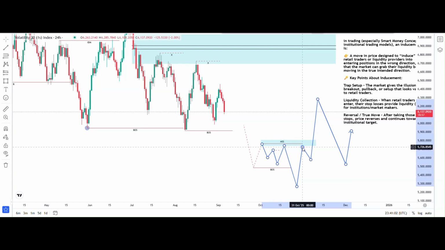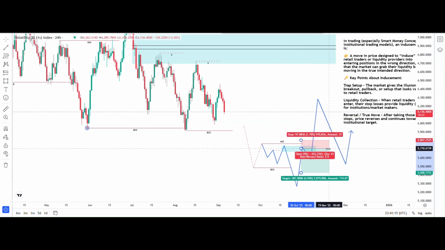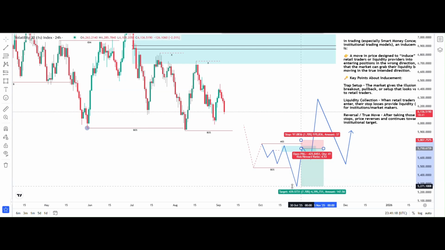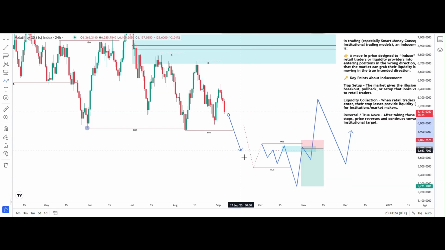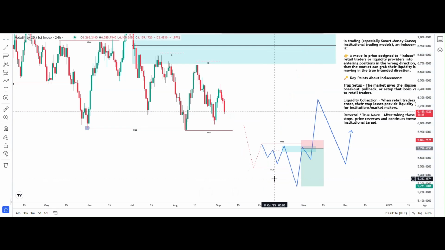So they would be thinking, hey, let me look at this area here as an area of supply and let me set my entry right here, and stop loss is above this high here. So let me just take an entry and aim for the break of structure there. So that's what they would be thinking once the market drops all the way down here and pulls back here. So they would be thinking, let me take an entry here, and this would have been the schematic, and that's how they would get caught up in becoming liquidated and falling for the trap,